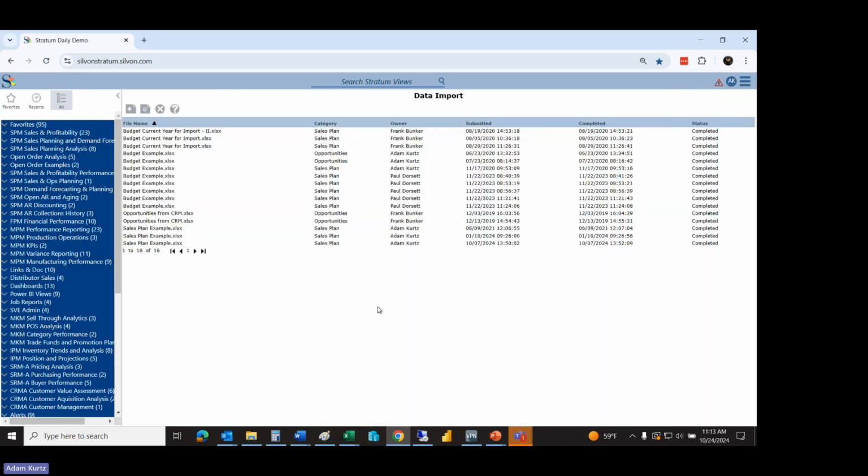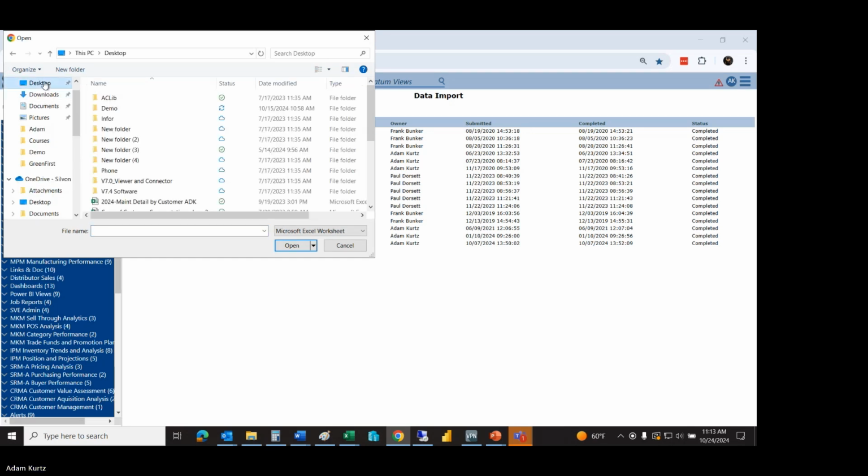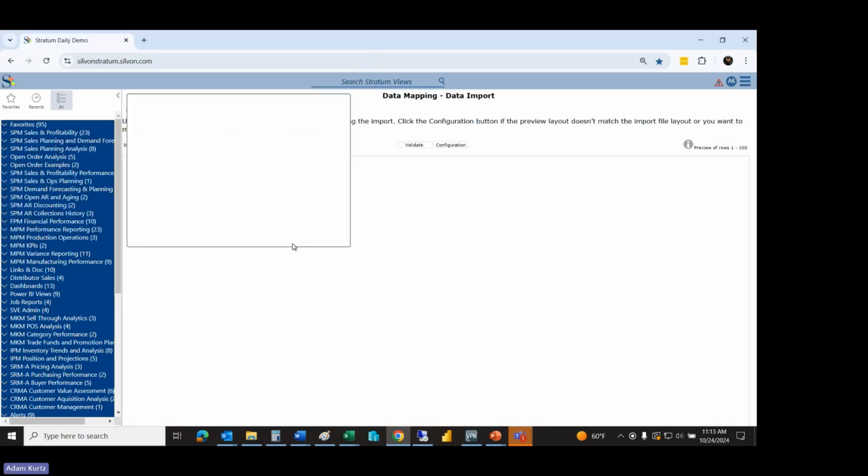Here are all the prior jobs that I've run in the past. If I want to kick off a new one, I'll click on the new button and select the folder that I want to use for my file. Then if I wanted to bring in a sales plan, I will select my sales plan Excel file. Once I make that selection, like we saw in the presentation, I need to tell it how to